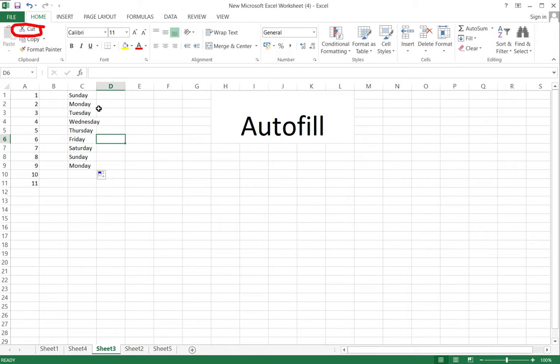So the autofill option will fill the cells with data automatically. I am writing January here. Place the pointer and drag it. Yes, that's it. Thank you.